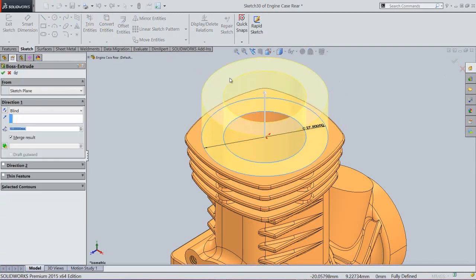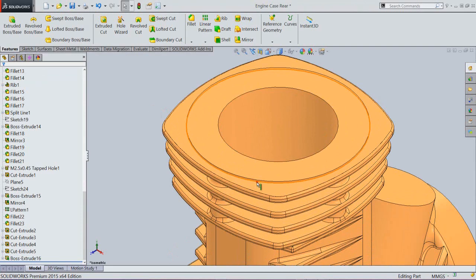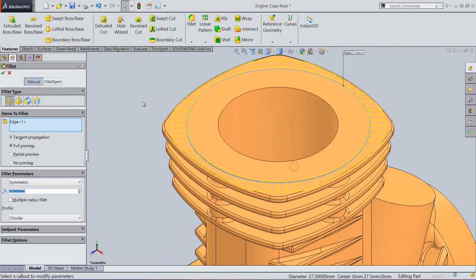Finish the sketch. Now the preview is visible here. Set the depth value 0.25 mm, click OK. Select this edge and apply the fillet. The radius will keep 0.5 mm, click OK.